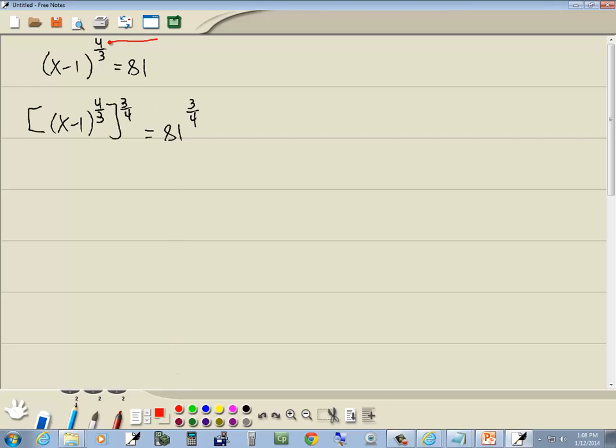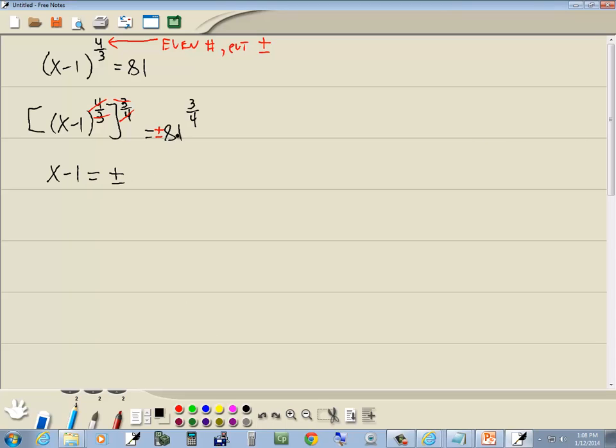Now this number right up here, when it's in fraction form, if you've got an even number on top, that means you need to put a plus or minus on the other side. So we're going to put a plus or minus before the 81. Okay. Now the 4's cancel here, the 3's cancel, and we're left with x minus 1 is equal to plus